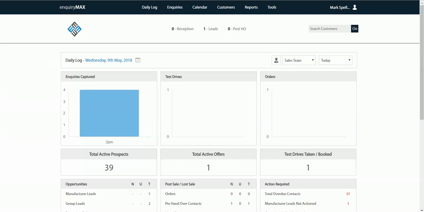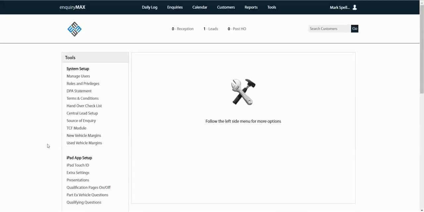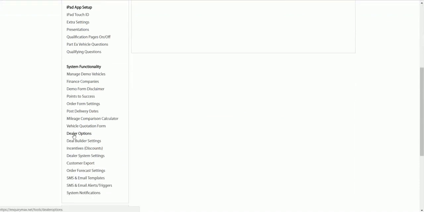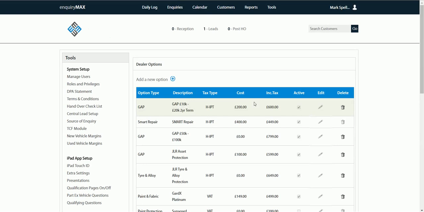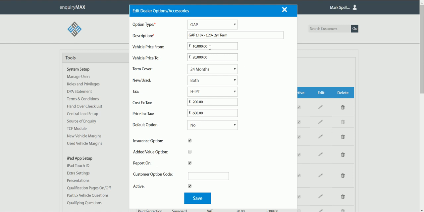This video is to go through the setup of the TCF module for Inquiry Max, our FCA tool. If we go into tools first of all, the setup really starts in dealer options. With a dealer option, if we go into just edit one of these,